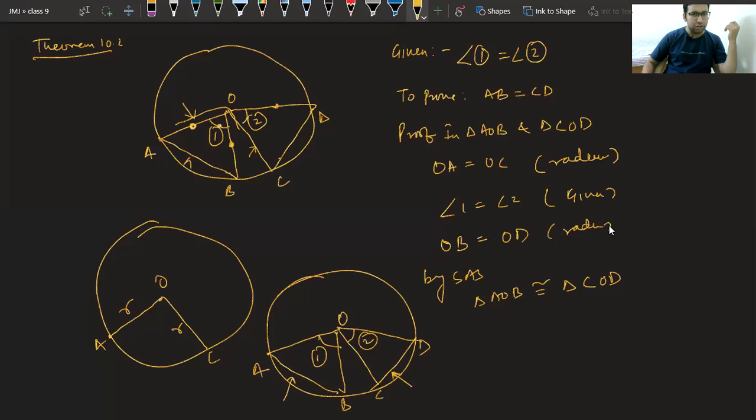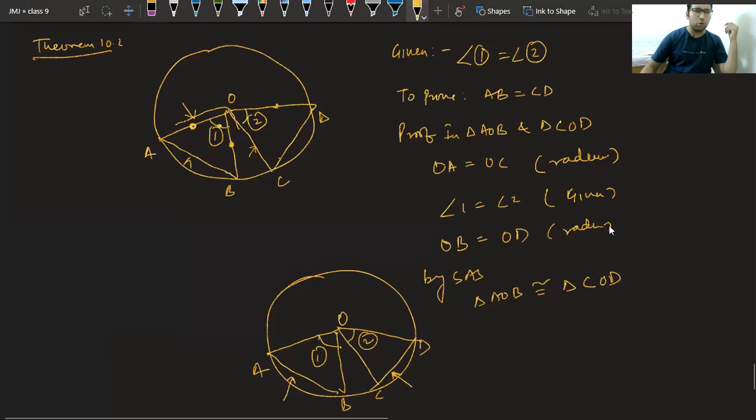I'm talking about the down figure. Okay, this one, but nothing. I was just showing this to Tanay. Tanay was asking yesterday, sir, how you can say OA and OC are equal. So I was just showing this thing. This is simple sector only. I was just trying to show how they are equal, how they both are radius. Nothing else. You can rub this one, not to be done in your copy. Only for Tanay it was.